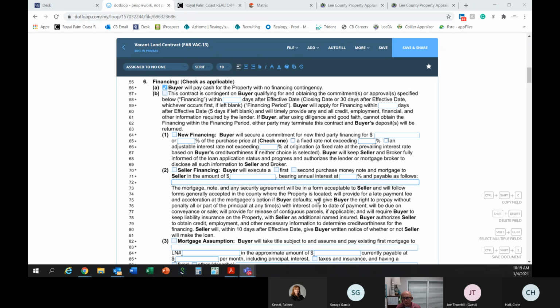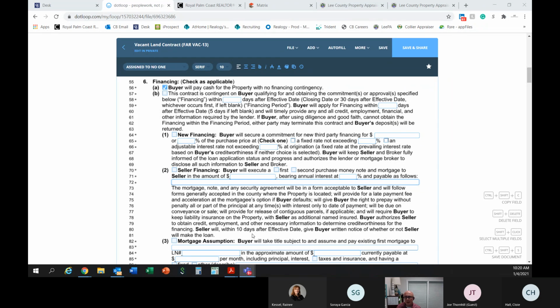The mortgage note and any security agreement will be in form acceptable to seller and will follow forms generally accepted in the county where the property is located, will provide for a late payment fee and acceleration at the mortgagee's option if buyer defaults. Will give buyer the right to prepay without any penalty all or part of the principal at any time, with interest only to date of payment, will be due on the conveyance of sale, will provide for release of contiguous parcels if applicable, and will require buyer to keep liability insurance on the property with seller as additional named insured. Buyer authorizes seller to obtain credit, employment, and other necessary information to determine creditworthiness for the